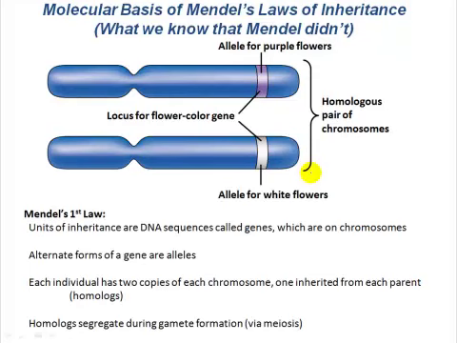So Mendel's first law, the law of segregation, and Mendel's second law, the law of independent assortment, he didn't know what the molecular explanation for those laws was, but we do, right? We know what DNA is. We know what chromosomes are. We know what the molecular events of meiosis are. And so we can actually flesh out these laws of inheritance a little bit more and actually link them to molecular events. So let's think about Mendel's first law.